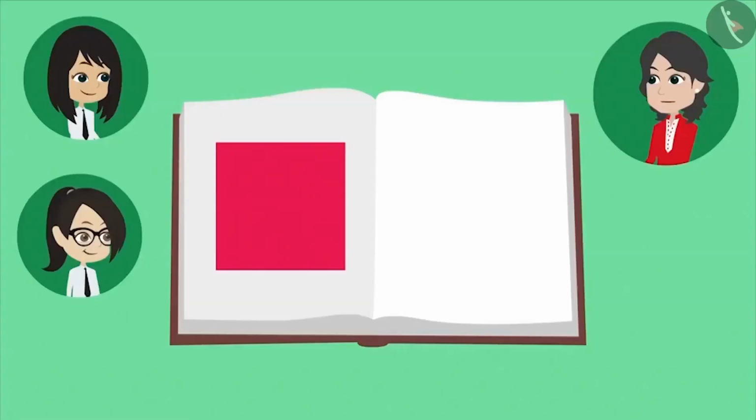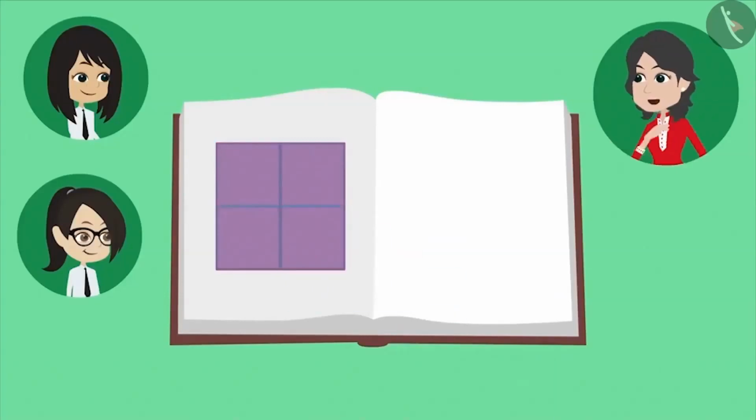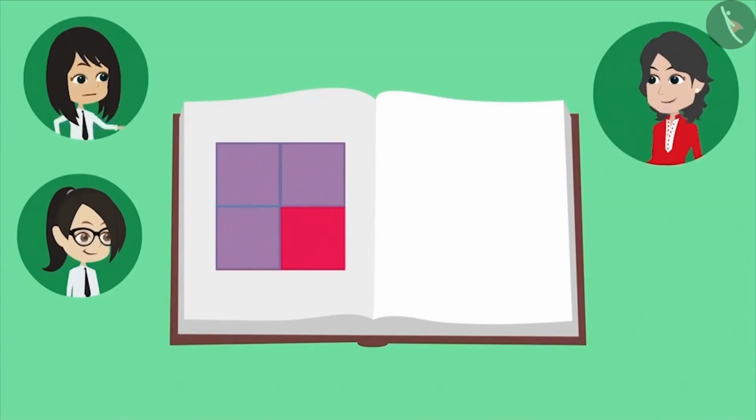See, I will explain. To measure this shape, I will place these pieces on it. Vandana, now you tell us how many pieces were required to cover this shape completely? 4. Let me remove one of these pieces. Now Neha, you tell me, with the help of just 3 pieces, how can we know that 4 pieces will be required to cover this shape entirely? It is very easy. There is an empty space equal to 1 piece. So by looking at it, we can tell that 4 pieces will cover this shape completely.